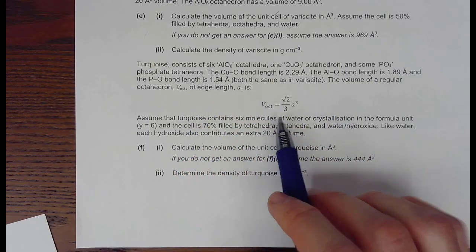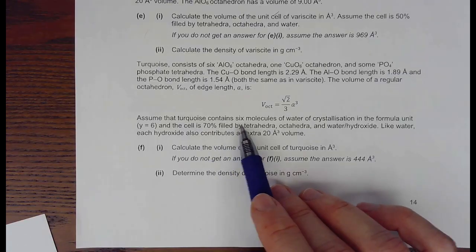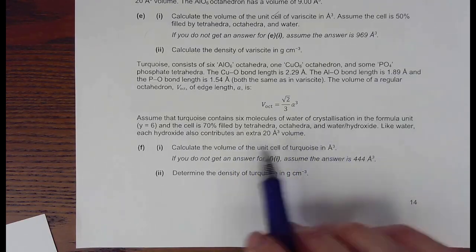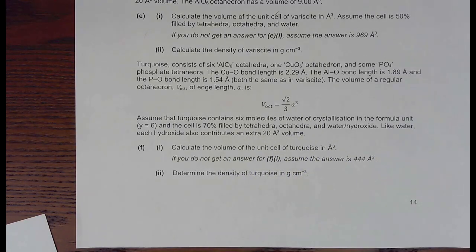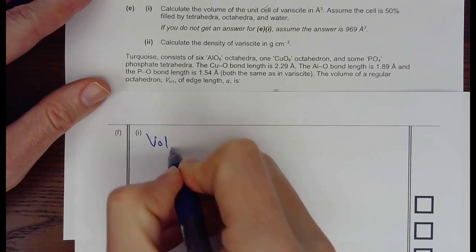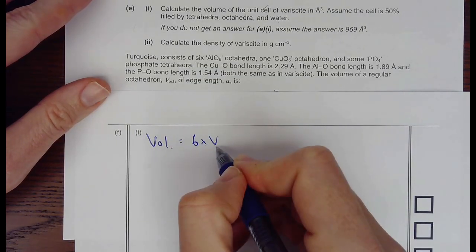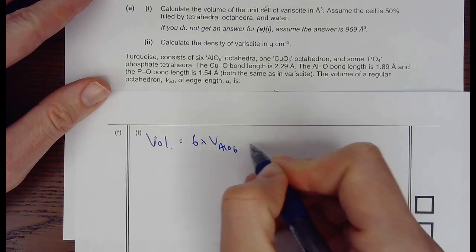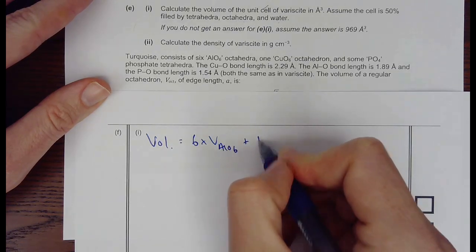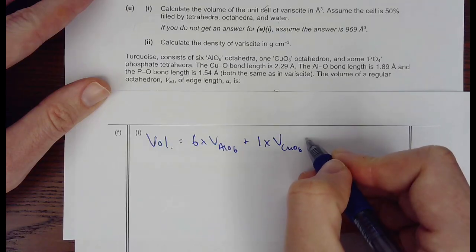Some bond lengths, and we're given the volume of octahedra. Assume that turquoise contains 6 molecules of water of crystallization in the formula unit, and the cell is 70% filled by tetrahedra. And then this is the same calculation again, basically. So let's go at it. So our volume is going to be 6 times the volume of AlO6 plus 1 times the volume of CuO6 plus